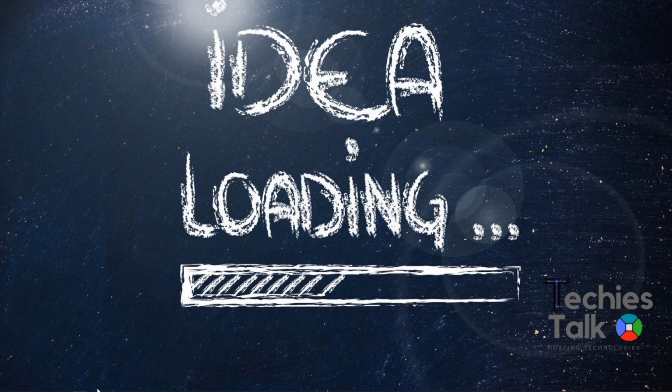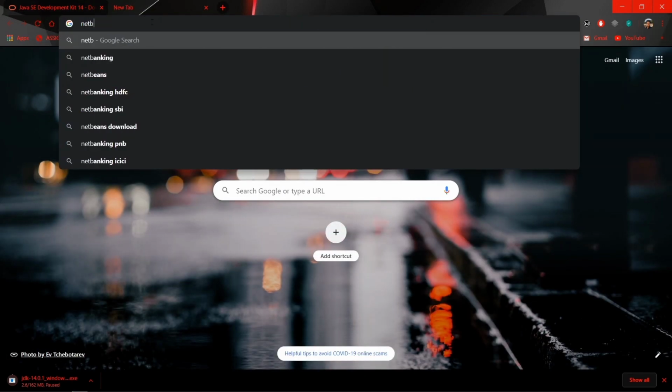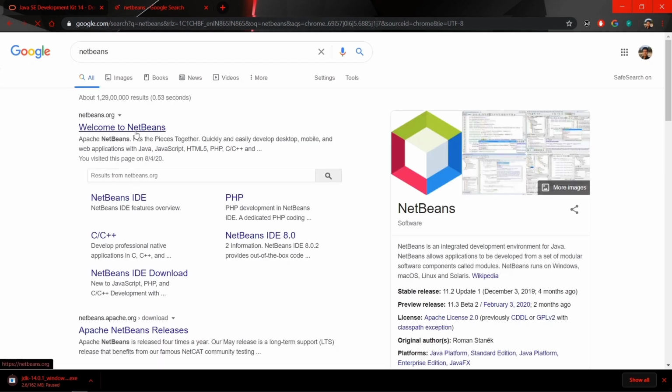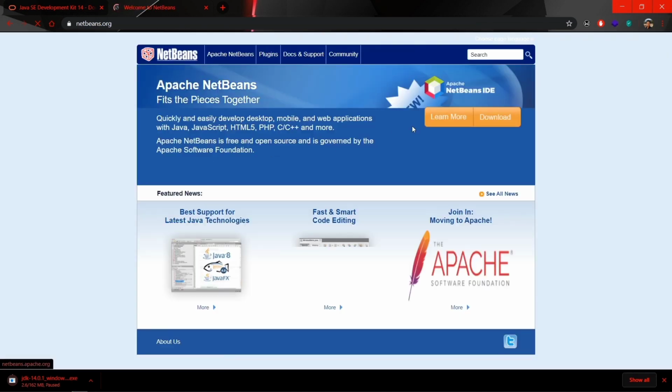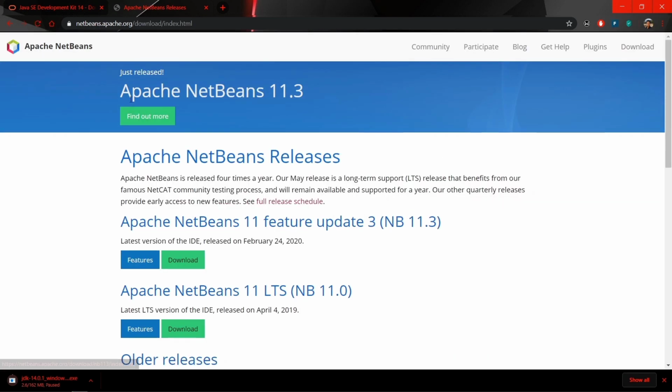Once again go to your favorite browser and search for NetBeans, and the first link which will appear here will be from netbeans.org. I'm going to click this link, and this website will open straight away. You will see this download button, so I'm going to click on this download button, and it's going to redirect me to this URL which is